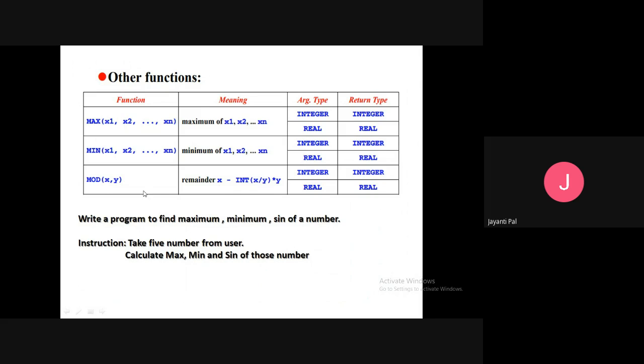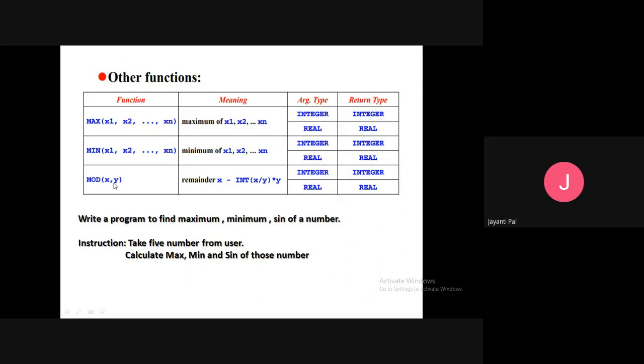Mod is a little bit different because we know mod is one kind of arithmetical operator. If we divide something and it is divisible, there is no remainder, right? So for that it is okay. But if you want to retrieve the remainder, we can do that using mod(x, y).